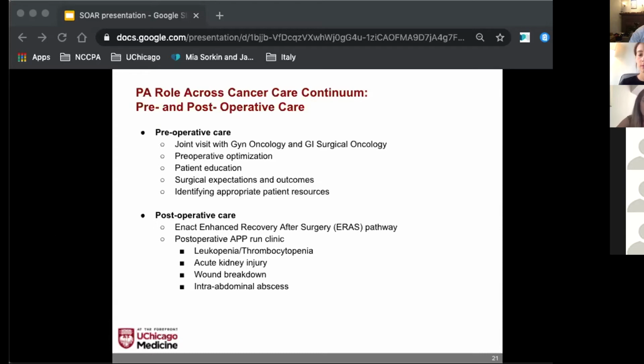Patient education is certainly a huge part of my position. In the setting of preoperative care, I'm talking to them about their surgical risks and talking about the benefits and alternatives to surgery. I talk to them about surgical expectations, not only in terms of hospital length of stay, but also in terms of their prognosis. Why are we offering them this surgery? What do we think that that's going to benefit them? If they're interested in talking about prognosis, that's something that I feel comfortable talking with my patients about